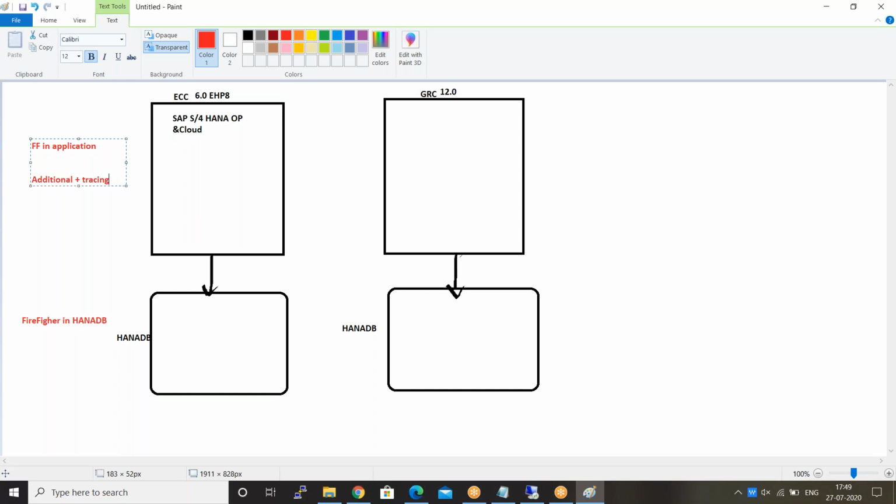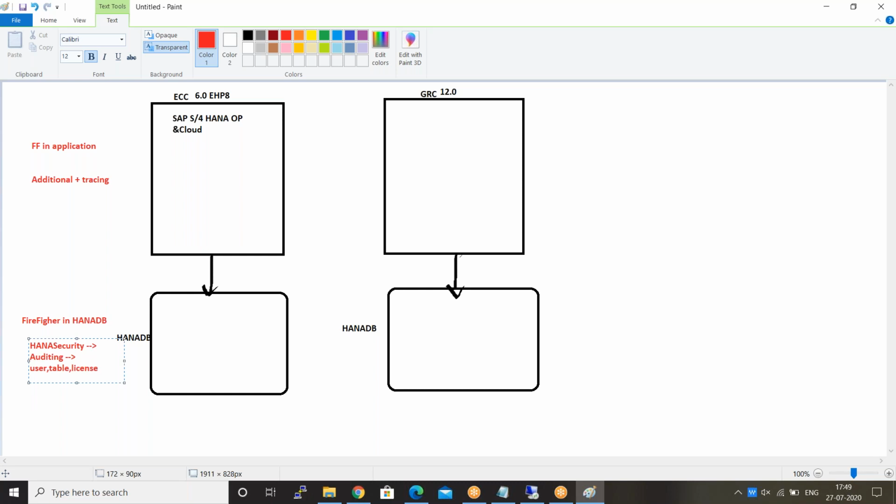But coming to HANA DB also, what happened? Here, one HANA security topic will be there. The topic is called audit. Once you log into HANA DB, if you do any kind of activities, like user creation, table creation, any license installation, everything will be recorded. Okay, everything. How is the recording going?